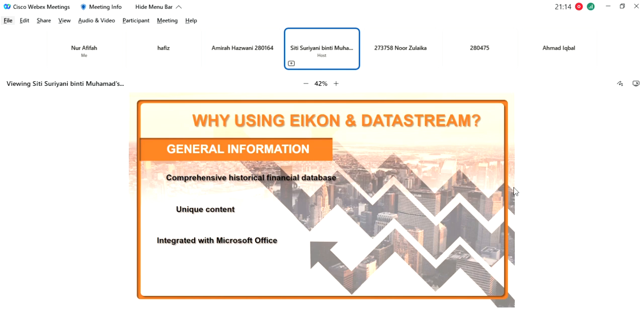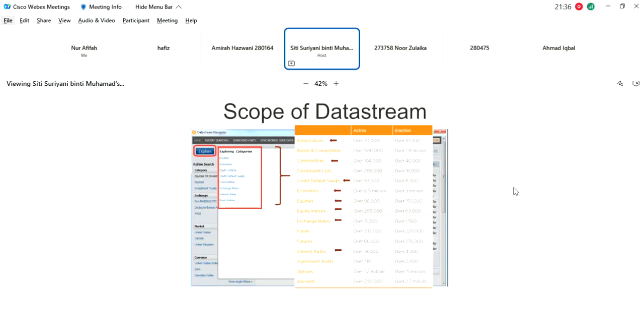You cannot get the Excel personally, because we only have the license. So you have to use the Excel provided by the library only. Okay, and this is our overview of icon and Datastream. So next we go to, sorry,